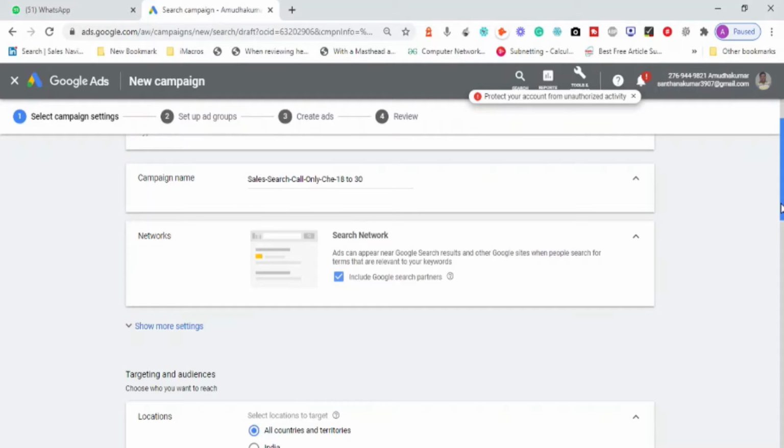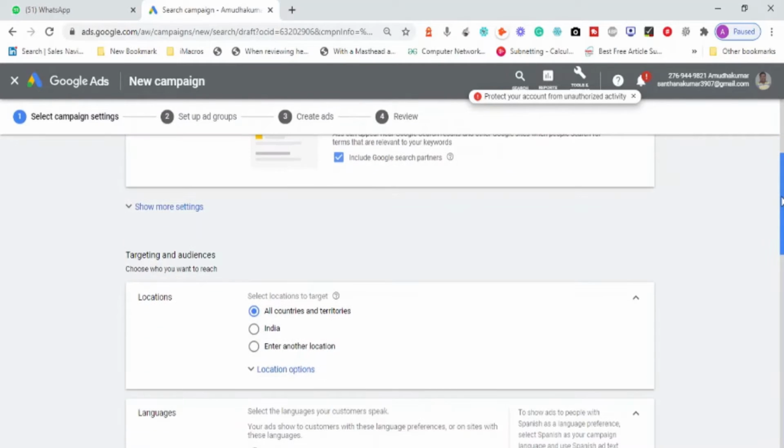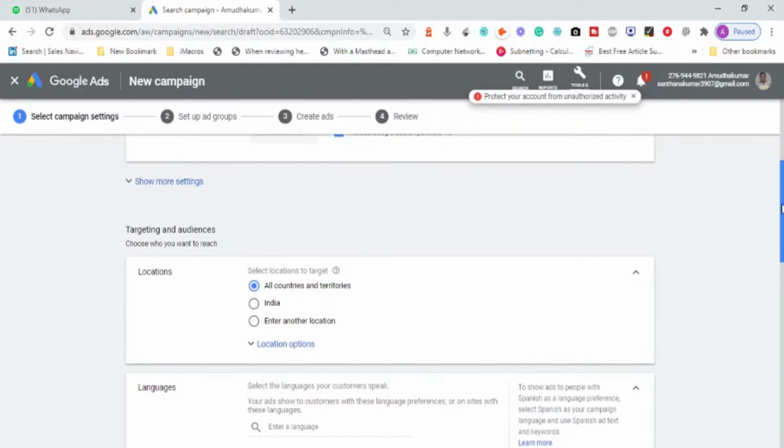But right now we have only the search network, because this advertisement will be shown to people only when they search. So this is basically called the search network advertisement. Once we scroll down, we call it a call only ad, because we are going to give only the phone number.